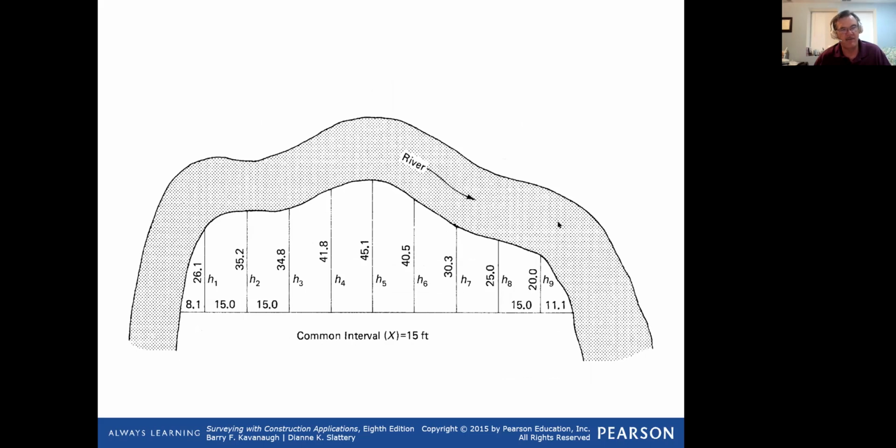Now what everything is going to get into is some geometry, and here is some irregular shapes. So you have to sort of figure out what this side of the shape is, and you can do that by averaging these sides here. So, if it's literally here, this one here, 35.2 and 34.8,